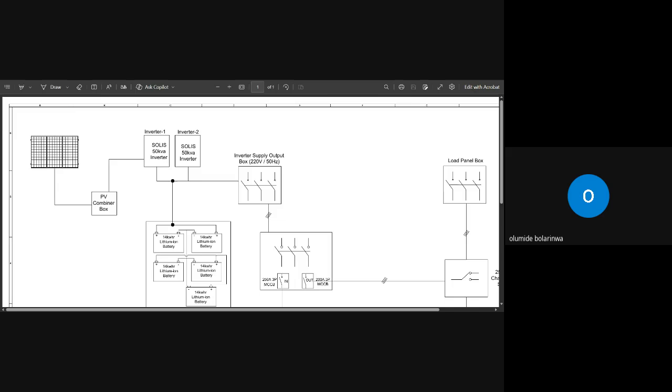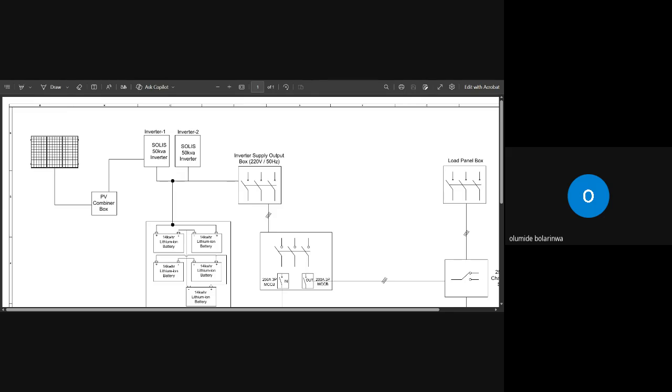Now, how many solar panels are we requiring? We are using a solar panel, number of solar panels. Don't calculate it for us. This solar panel should be stated how many kVA. That's the first question you will ask. Is it 10 kVA? Your 10 kVA will now determine the number of solar panels you are buying.